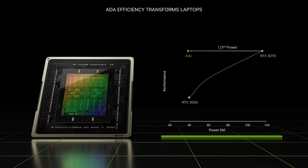Speaking of power efficiency, Nvidia has made some outlandish claims where they are showing some unnamed RTX 40 series GPU matching an RTX 3070 at just 1/3 of the power. Personally, I find it too hard to believe. I think it's either a super power limited RTX 4090 or they have enabled DLSS 3 frame generation. Now, we'll come back to DLSS 3, which is a very important feature to keep in mind for your buying